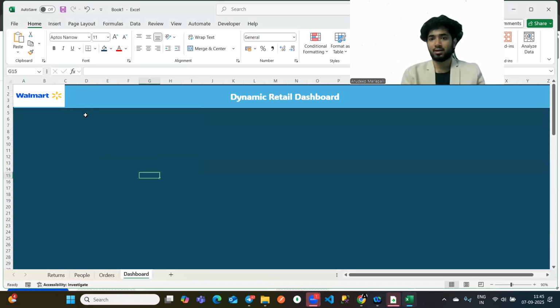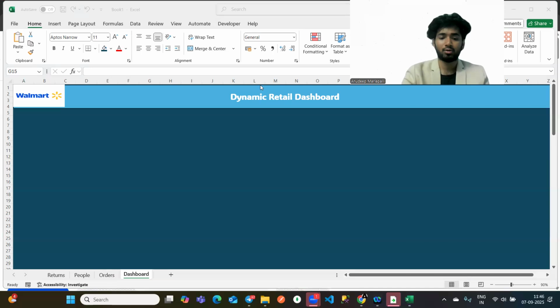Now once this is done, now is the time for us to start creating charts. Okay, so now we are going to start creating charts with the help of pivot tables. First we are going to do calculations using pivot tables in a separate sheet, and using those data we are going to create charts individually. We are going to create all the charts separately, and then one by one we are going to put all the charts in our dashboard. Okay,